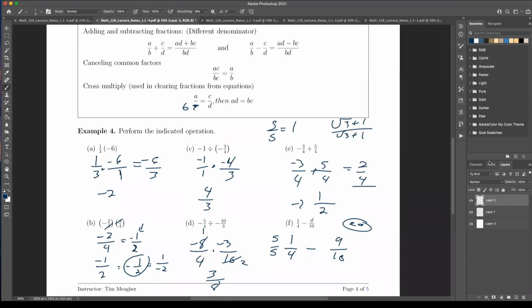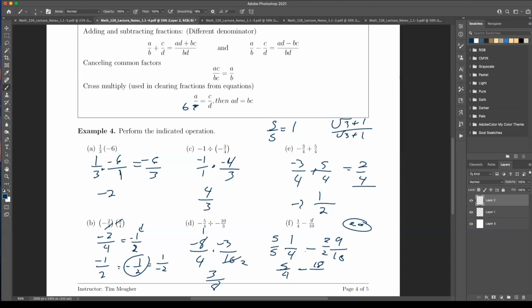It may seem really weird to multiply by that, but this actually allows us to simplify things. So we're going to start with 5 over 5. So this is multiplying by 1, so I've actually changed nothing here. And here, in order to get to 20, I need to multiply by 2 over 2. So I'm going to do this multiplication first. And so this gives me 5 fourths minus 18.